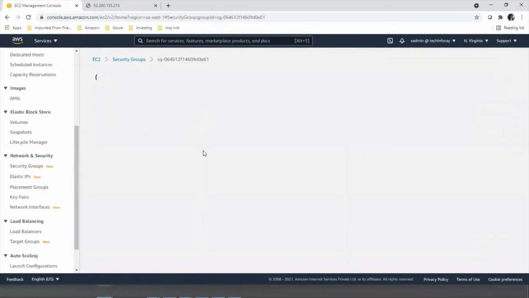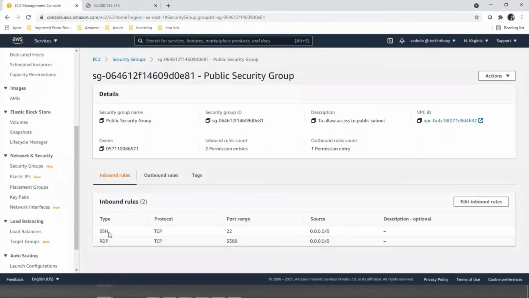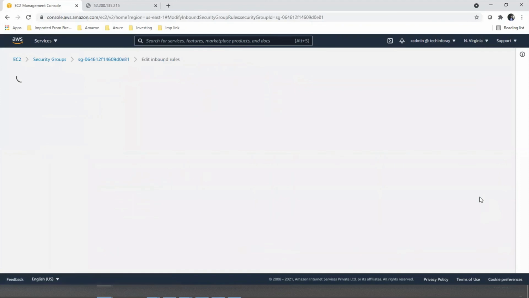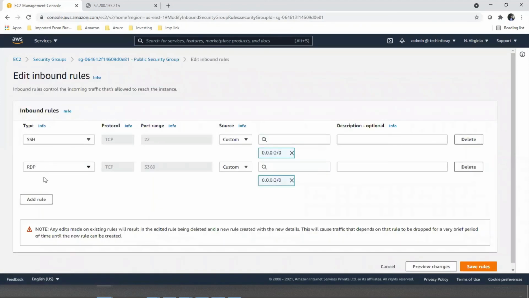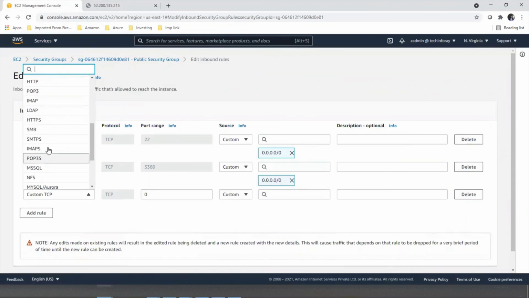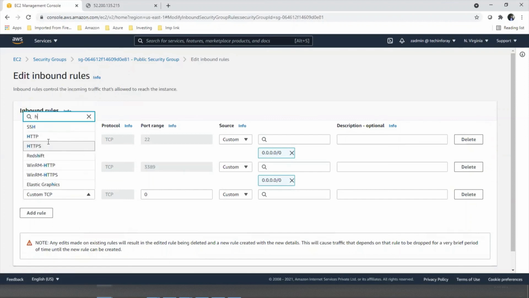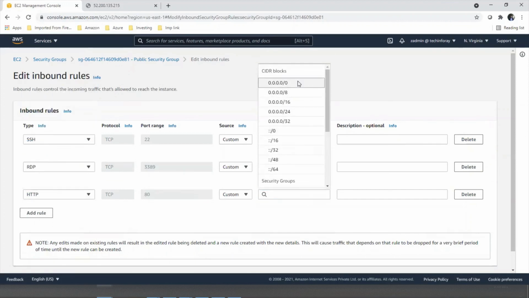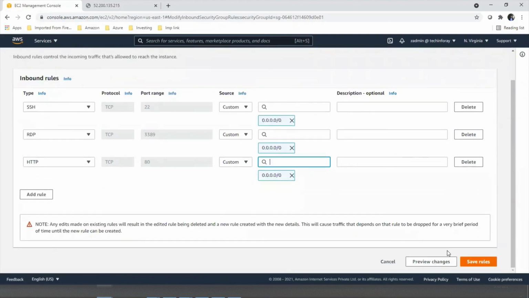public security group. Here you can see we have allowed only ports 22 and 3389 for this instance. We haven't allowed the HTTP port. So let's edit our inbound rules, add rule, HTTP, access from anywhere, save.